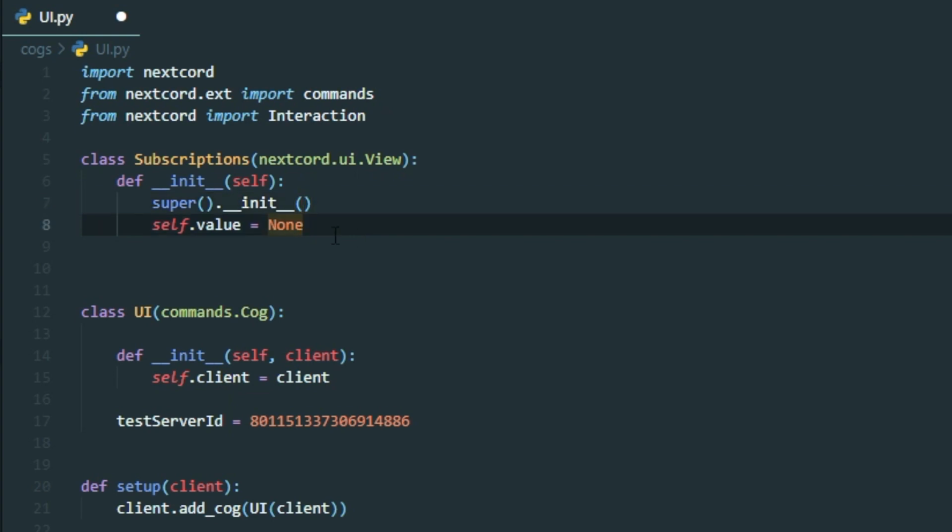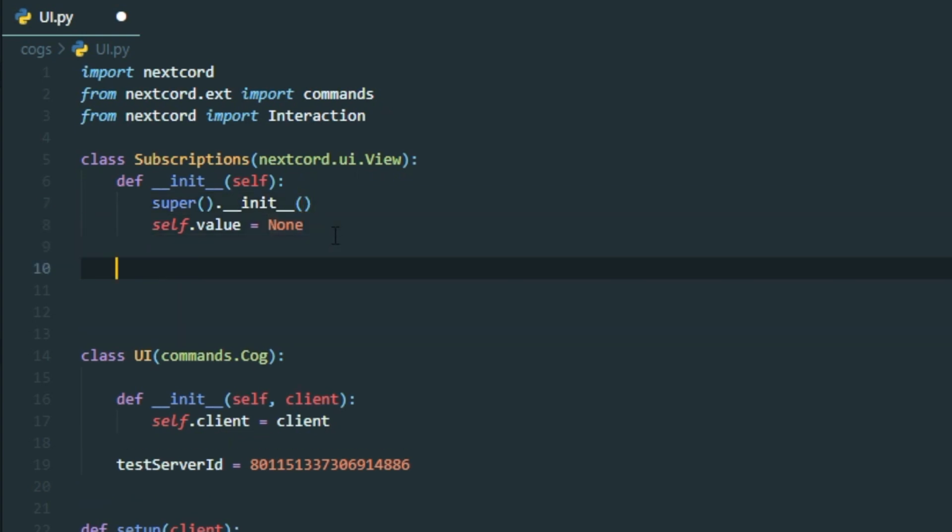Okay then, cool. So that's all we need to do for our initiation function. That's all we need to do to set up the bot's buttons initially. But now we actually need to define the buttons, to start writing the code to describe the color and what text the button will actually say. And to do this, we do it like this. We do add